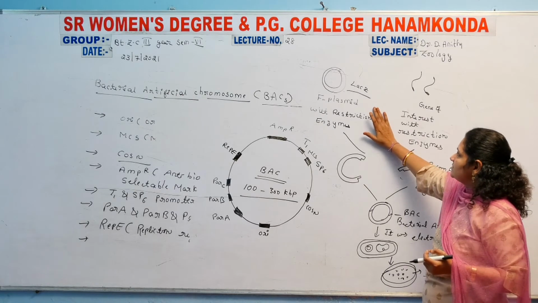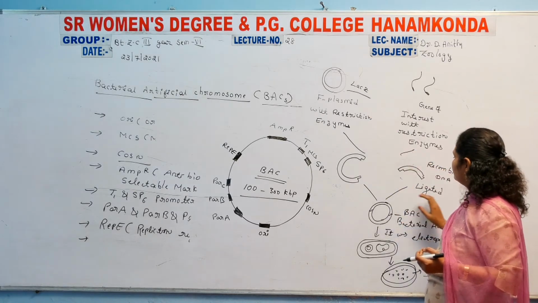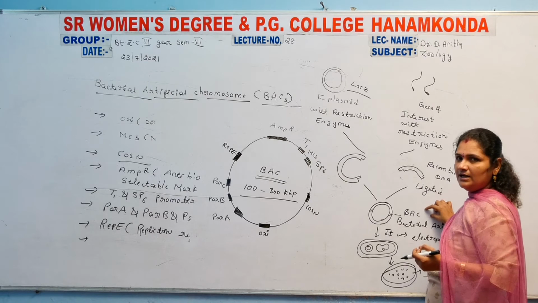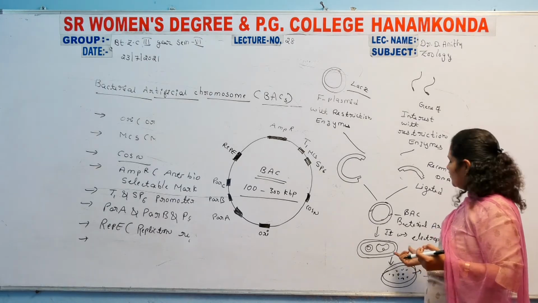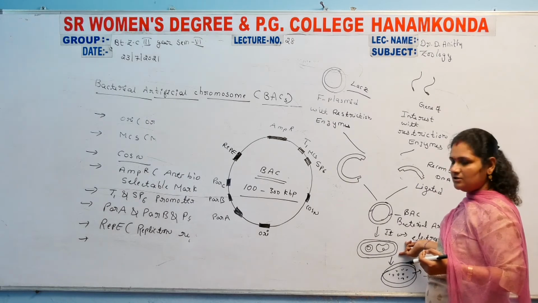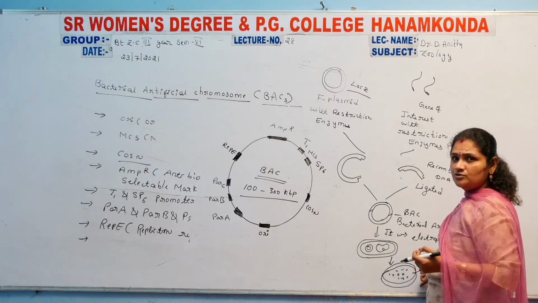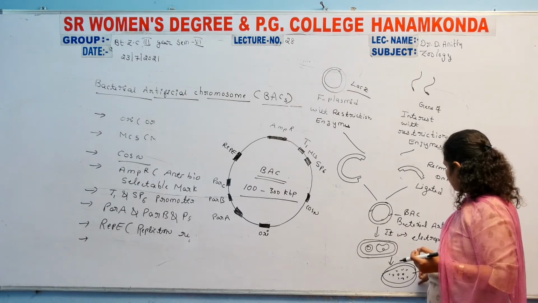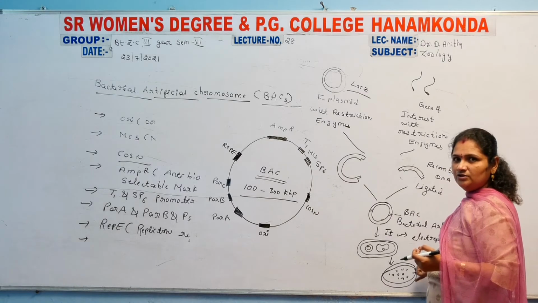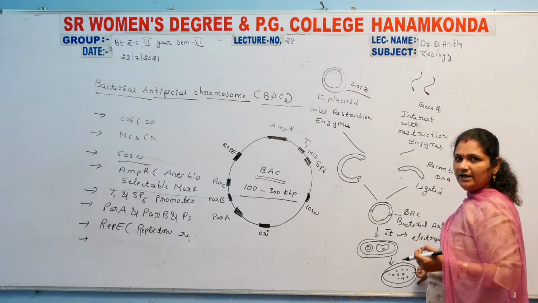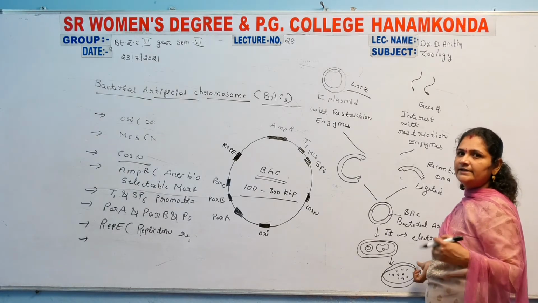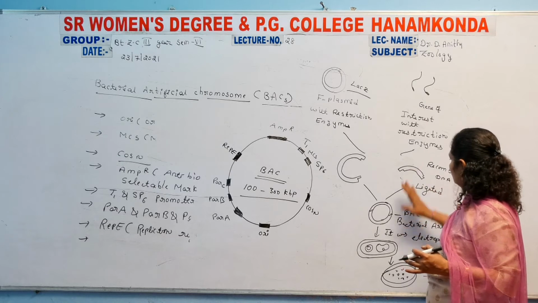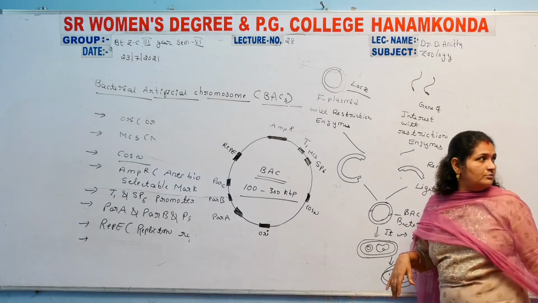The F plasmid was cloned into the bacterial cell. That was considered a bacterial artificial chromosome. So it was electroporated onto the X-Gal medium. See this, it was totally a bacterial artificial chromosome. Again here, it is going to produce a number of clones. These are inserted into a microtiter plate, and a number of clones are formed. The formed clones are again transported. So this is the mechanism for the formation of a bacterial artificial chromosome.